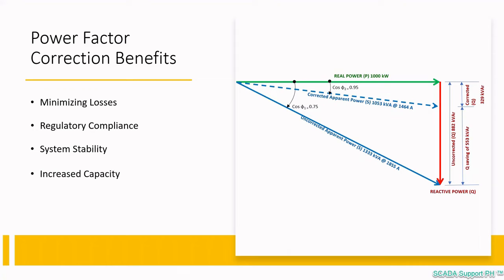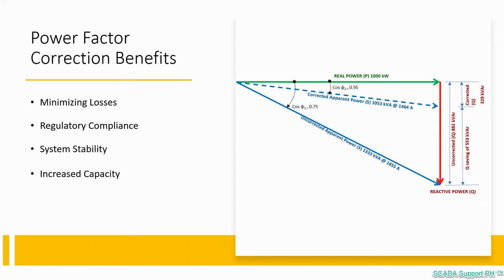Power factor correction allows PV power plants to operate at a higher capacity, which means they can generate more power and sell it to the grid. This not only improves the profitability of the power plant, but also helps to meet the increasing demand for renewable energy resources. In conclusion, understanding the power triangle and power factor in AC circuits is essential for optimizing energy usage,